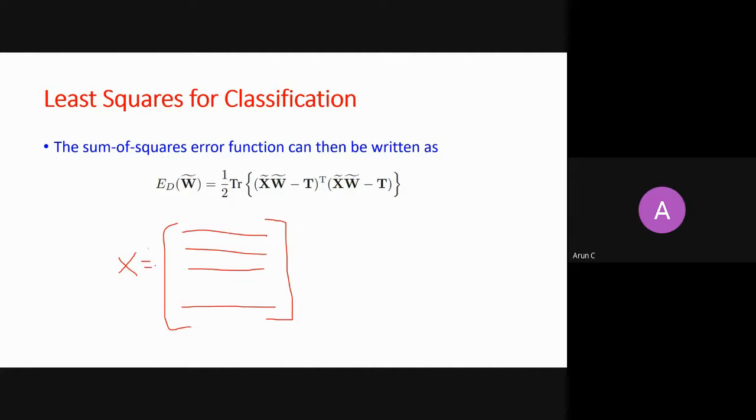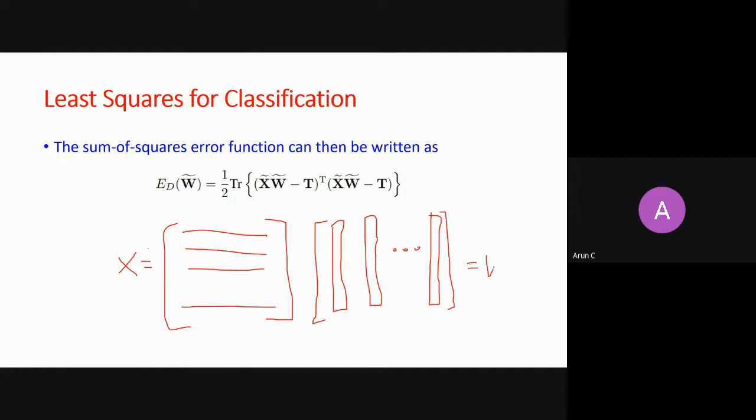And W, I already told you, in every column there is a hyperplane. So this is my first hyperplane, this is my second hyperplane, and there is a kth hyperplane. This is my W matrix on the right side. If I take this row and this column, it is a dot product. If I take this dot product, I am saying for this particular X, what is the value for this particular hyperplane?